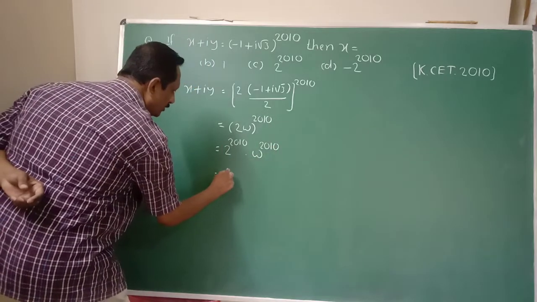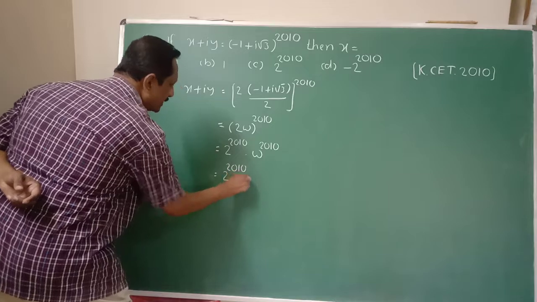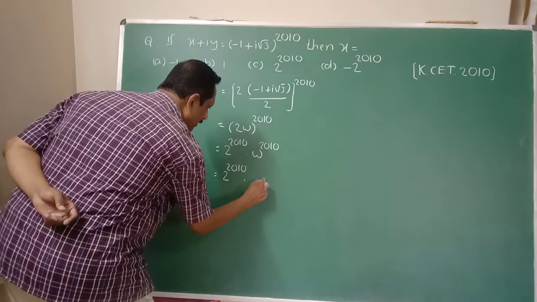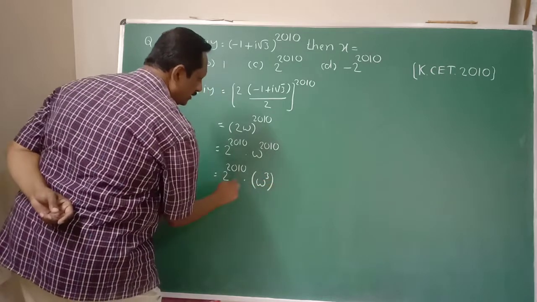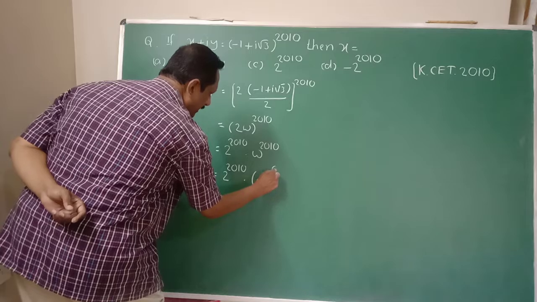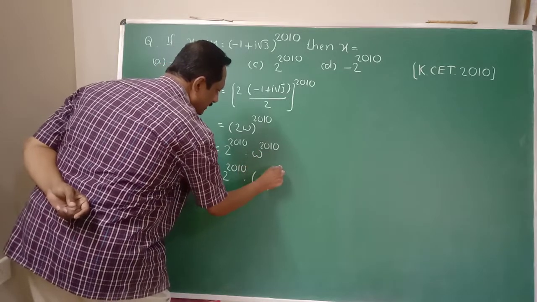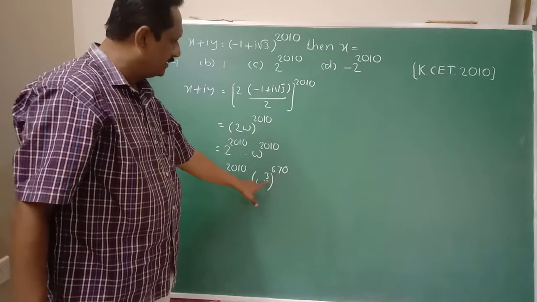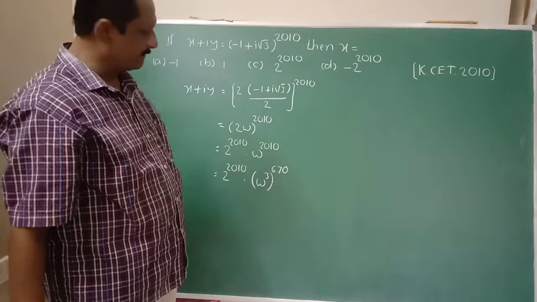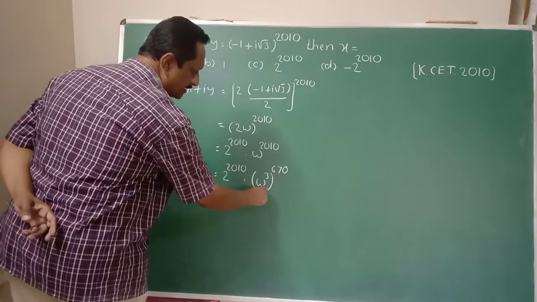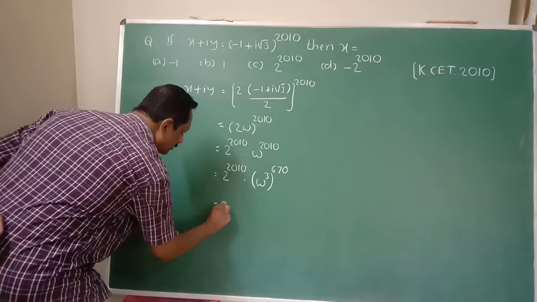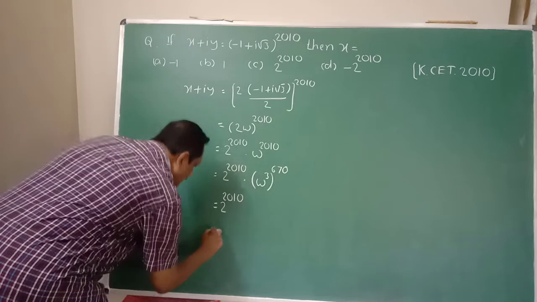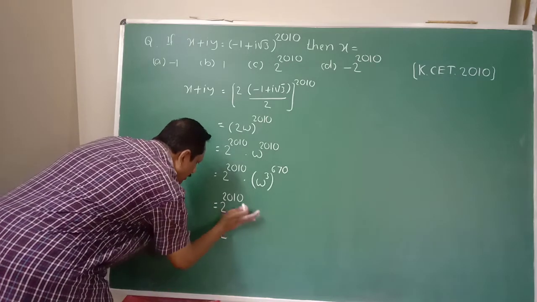So 2 raised to 2010 keep as it is. And omega raised to 2010 can be written as omega cube raised to 670, since 3 times 670 becomes 2010. Then omega cube value is 1, so the complete term becomes 1. Therefore this can be written as 2 raised to 2010